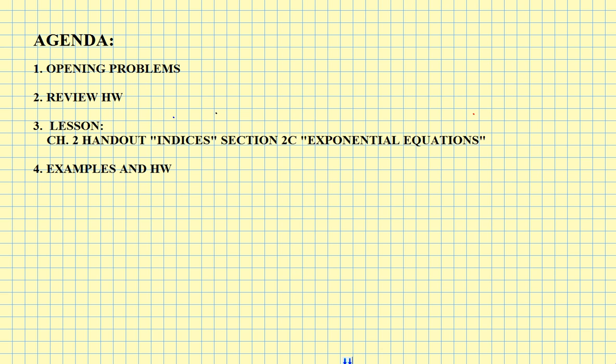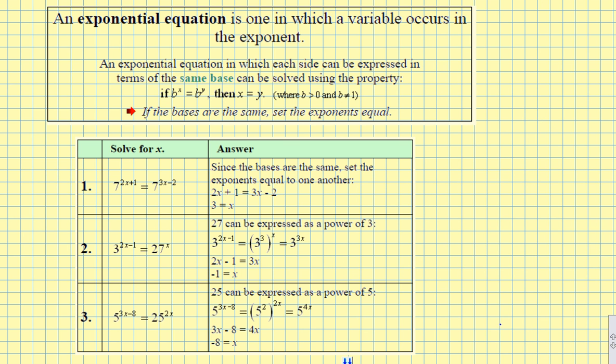We're going to be talking about exponential equations today, and we are looking at section 2C from your textbook, in the MYP4 book that's on Google Drive. So what we're going to be looking at now is